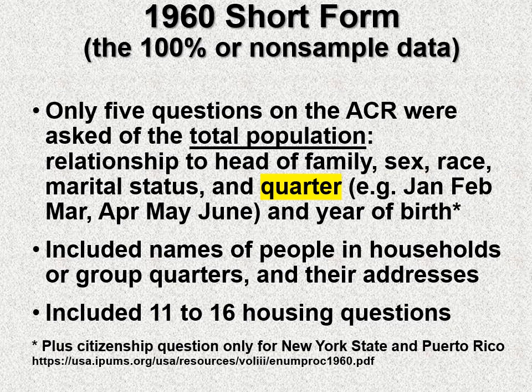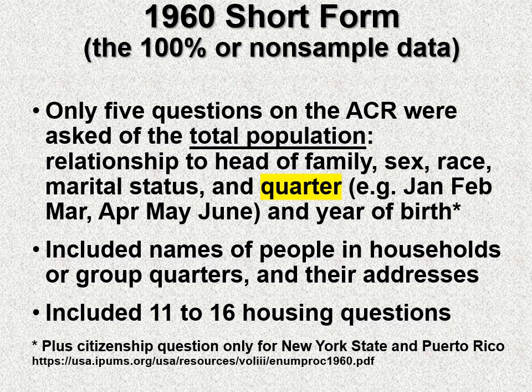Relationship to head of family, sex, race, marital status, the quarter of the year that your birth fell in, such as January, February, March, that's a quarter, April, May, and June, and year of birth. And I should mention that this was the first attempt to even get close to the month of birth. The last time this was done was in the 1900 census, where they asked for the month and year of